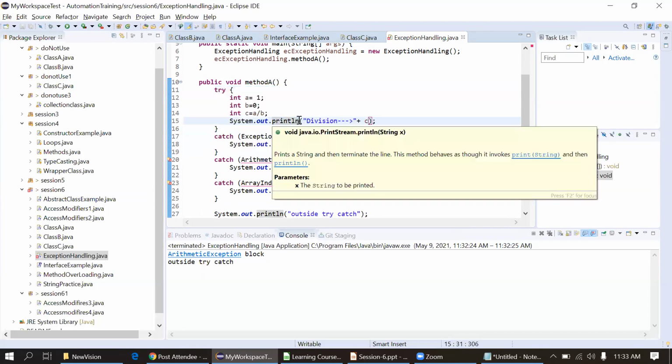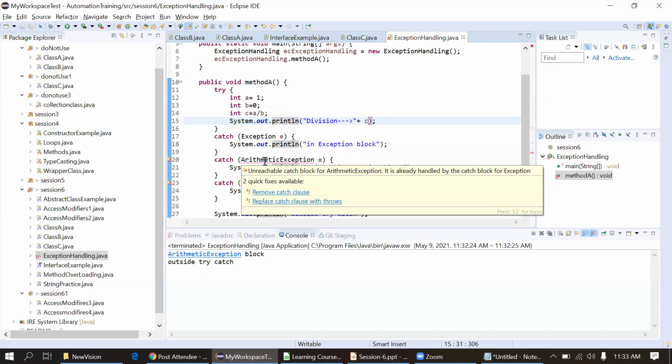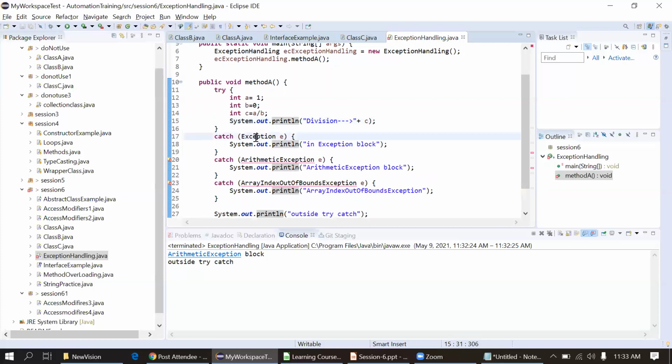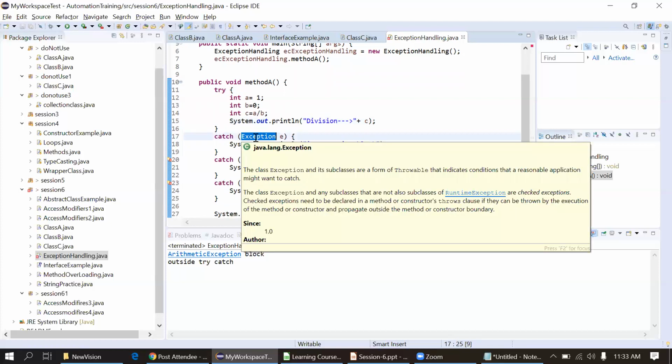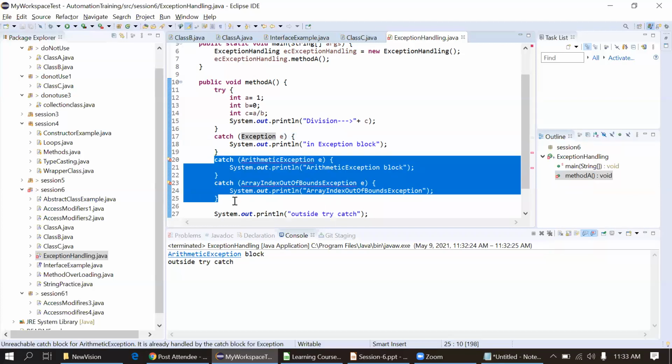But now I will just hover the mouse on the error message. You can see it's an unreachable catch block. Why is it unreachable? Because this is a parent. This can handle any exception, right? It will include arithmetic as well as array out of bound exception. Because we have put the parent at the top, there is no need for these child exceptions.